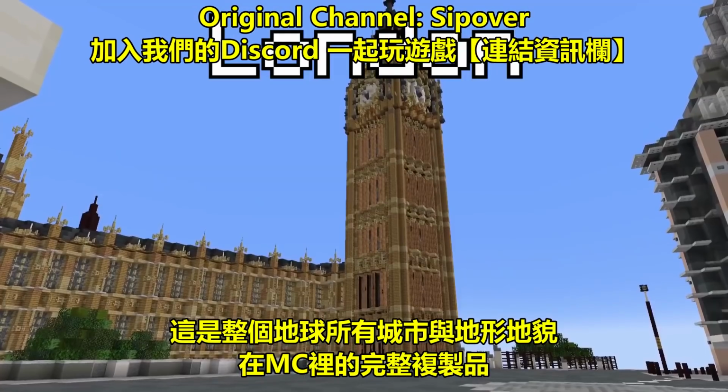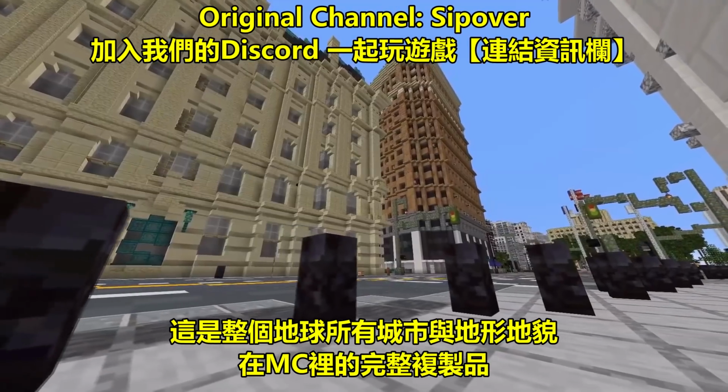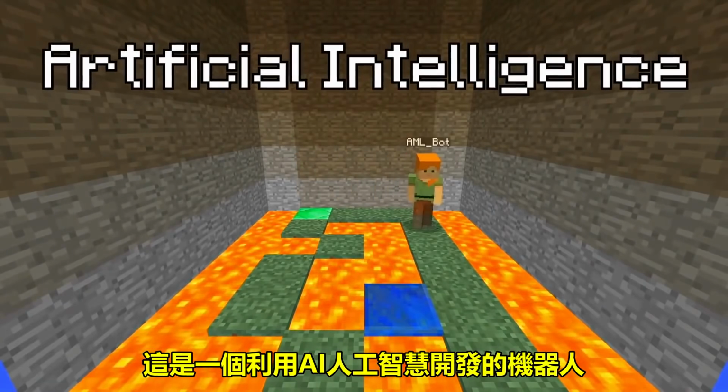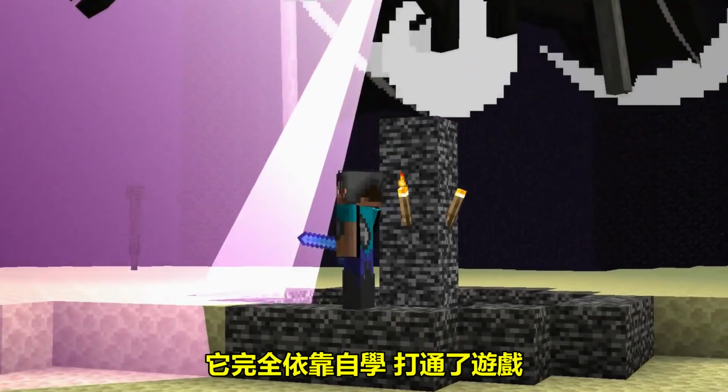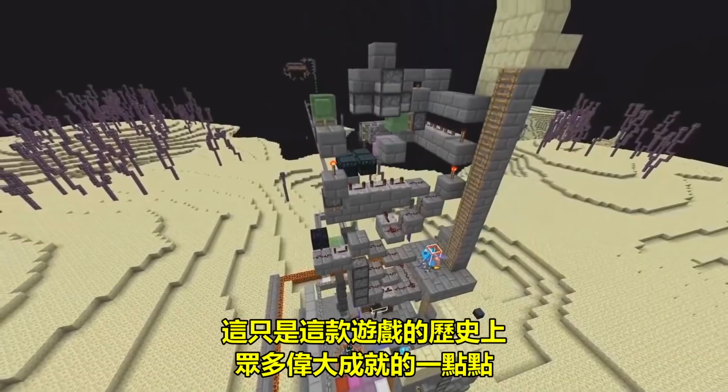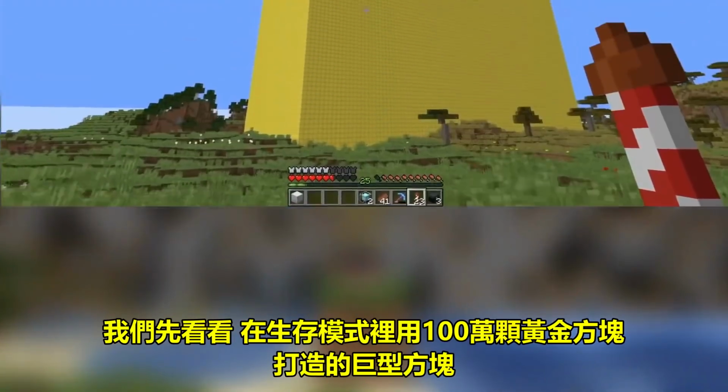This right here is an entire replica of every city and geological feature of Earth in Minecraft. And this is a robot made with artificial intelligence that learned to play the game all on its own. These are just a few of the greatest accomplishments ever achieved in the game's history, but let's start off with